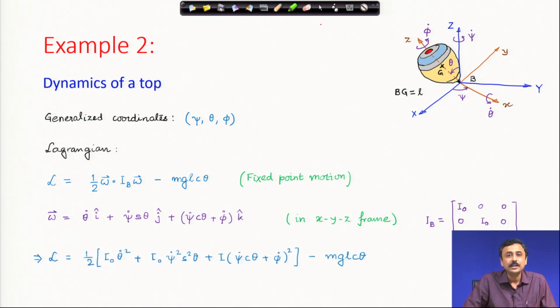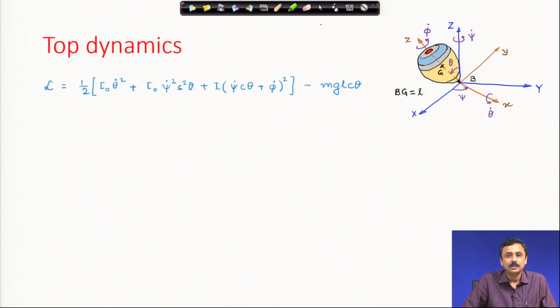With that defined, we can now write down the Lagrangian explicitly in terms of the generalized coordinates and their rates, and it is shown here. This is our Lagrangian. You will immediately notice there is no occurrence of psi or phi. We have psi dot, we have phi dot, we have theta dot, and we have theta, but we do not have psi and phi. Therefore, psi and phi are cyclic coordinates, and corresponding to every cyclic coordinate there is a conserved